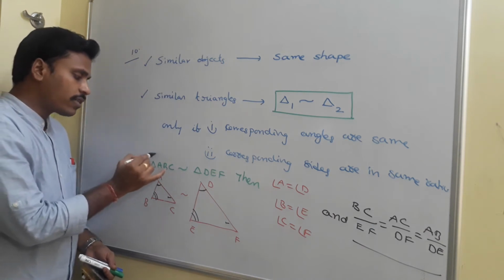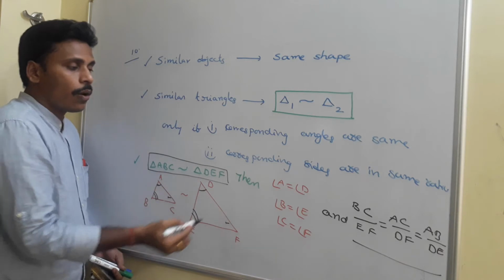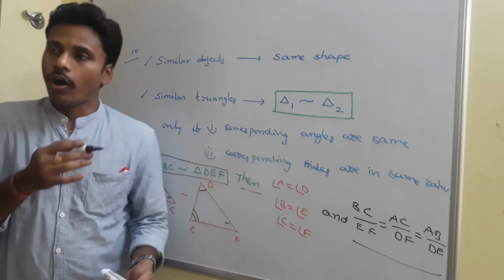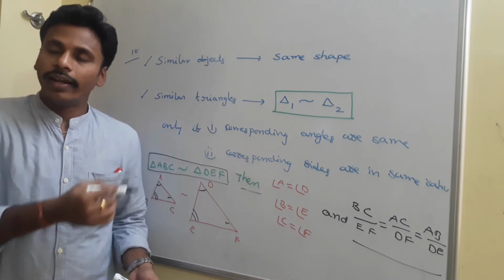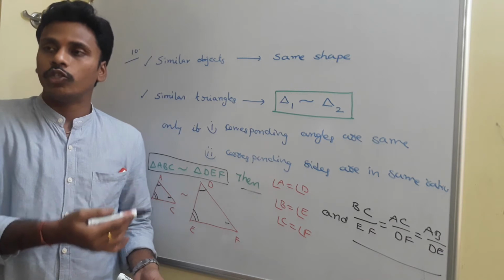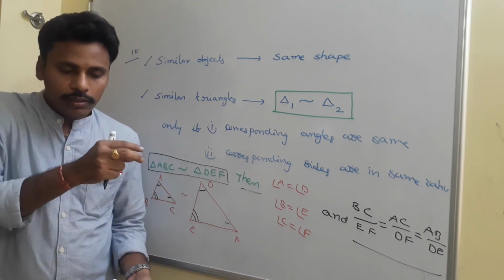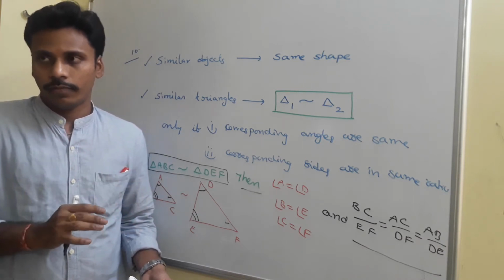So two triangles ABC and DEF are said to be similar when their corresponding angles are equal and their corresponding sides are in the same ratio. You learn everything about similar triangles in plane geometry. But now this is enough for us. If you know the definition of similar triangles, that is enough for our discussion, right?